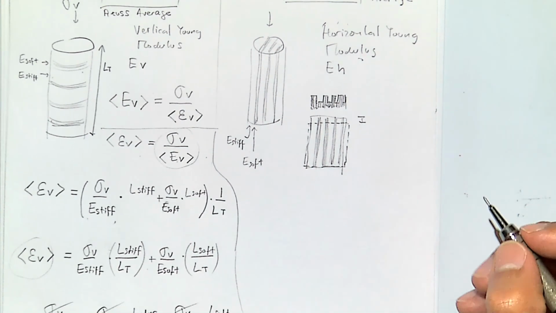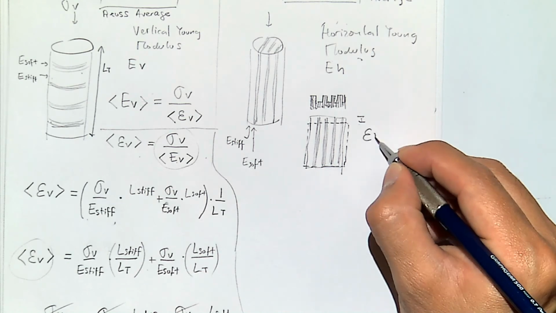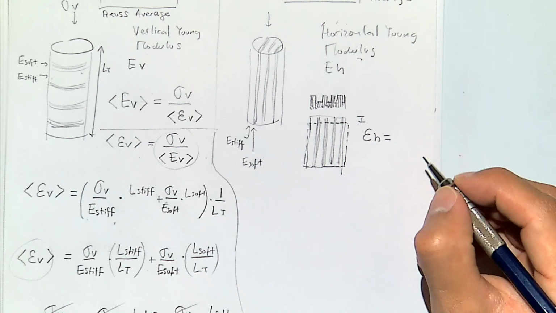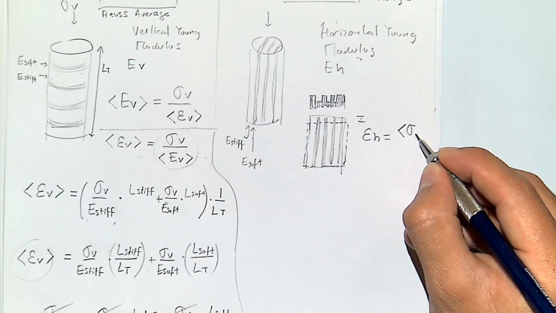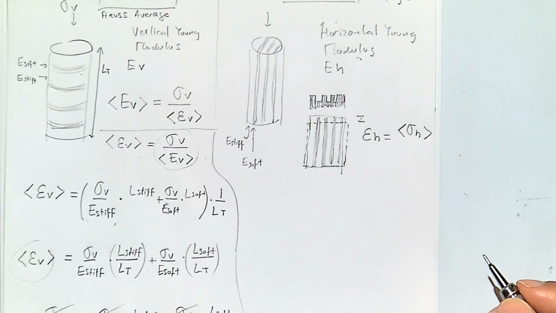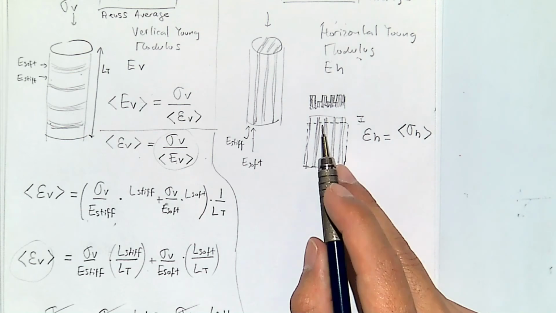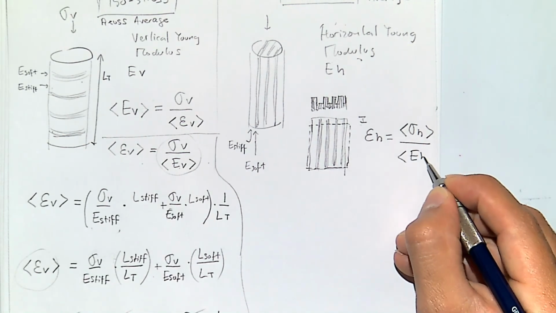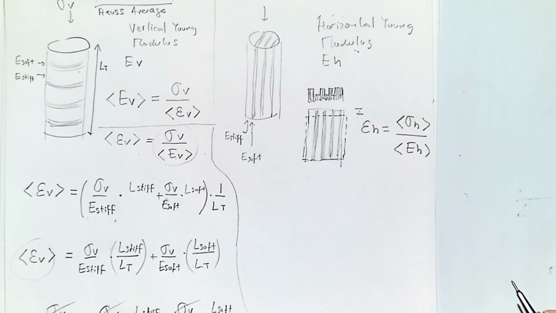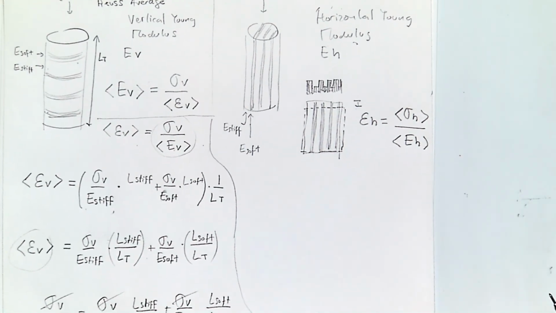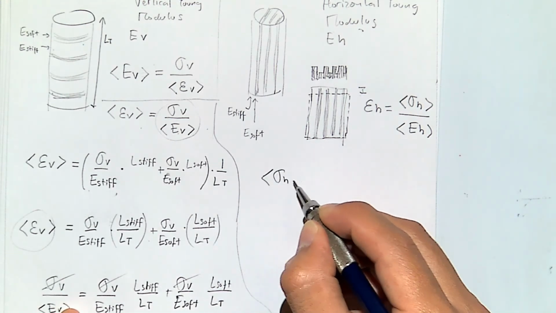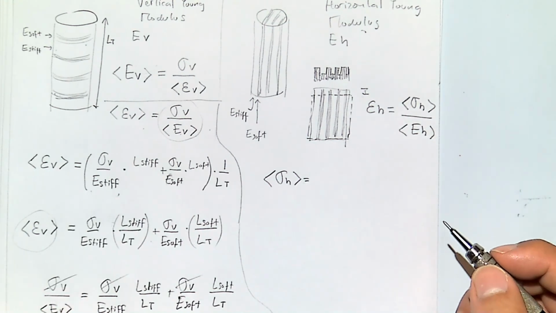From this displacement, the horizontal strain is going to be equal to the average of all those horizontal stresses, but this is a weighted average because it depends on how much of each material you have, divided the equivalent horizontal stress. And that weighted average of horizontal stress is just going to be equal to the